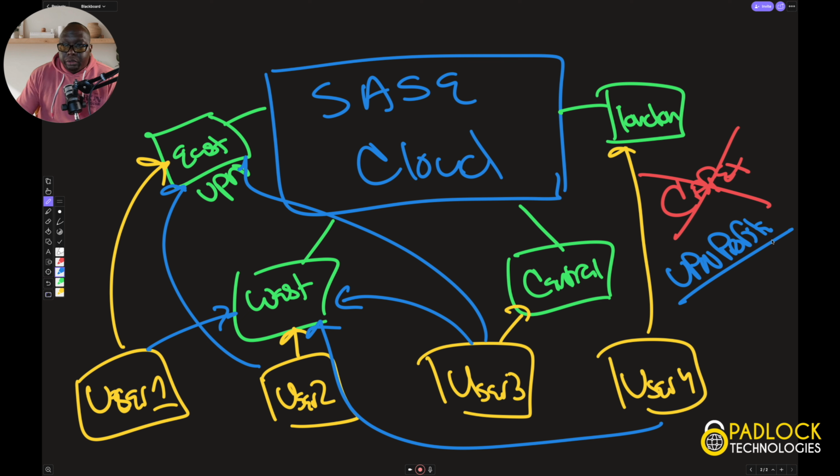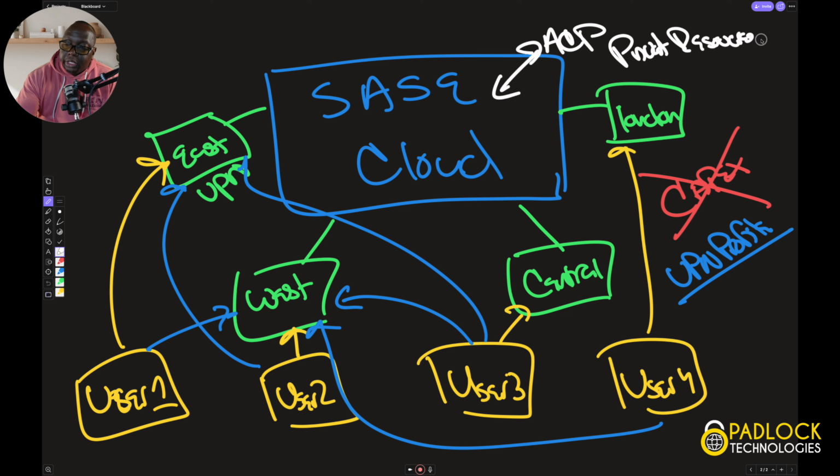Now, the next question is probably, what about internal resources? How do I access internal resources? Well, this goes back to, if you looked at our other lessons, the ACP in Cisco Secure Access actually controls access to those private resources that people are trying to connect to when they connect to RAVPN. So, for example, you would get a rule that you can use AD for, or you can pretty much just use any if you want, but you've got to be careful with that. And the rule would say,